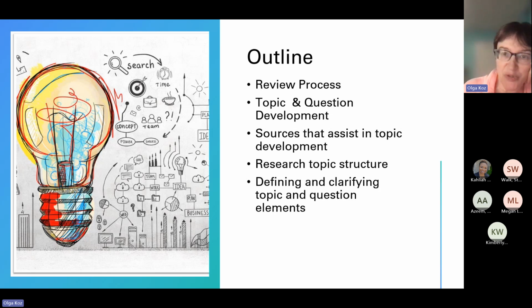So we discuss how to do it, the technique behind that, and sources that assist you in topic development. We'll talk about research topic structure and also the structure of a research question,